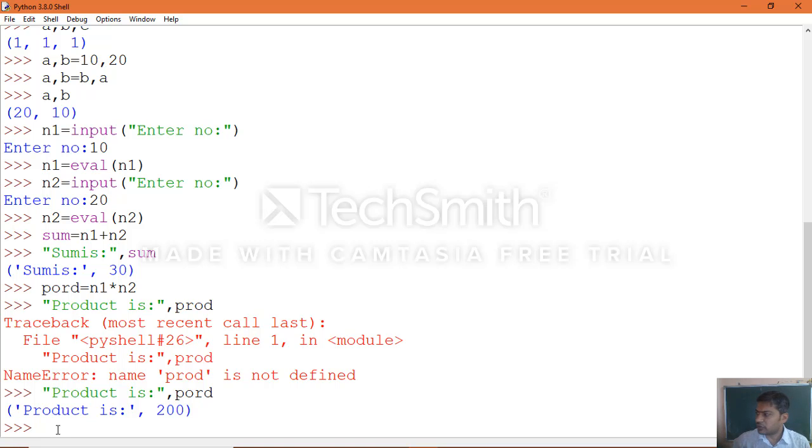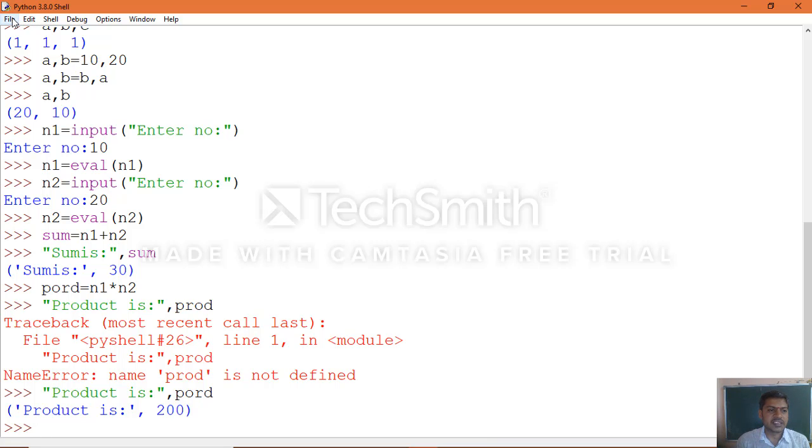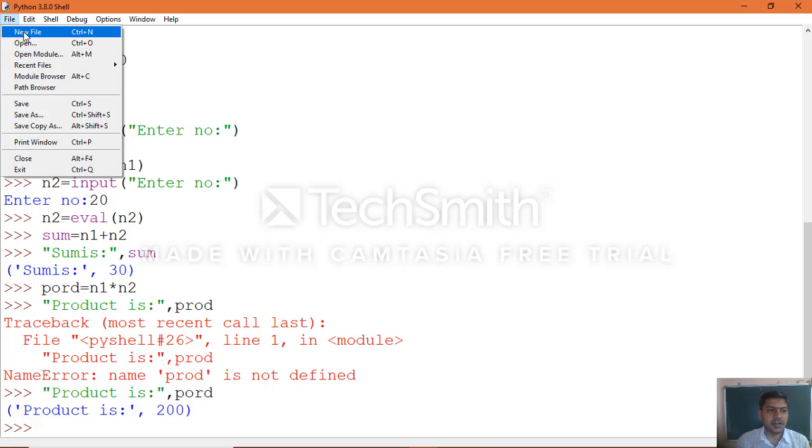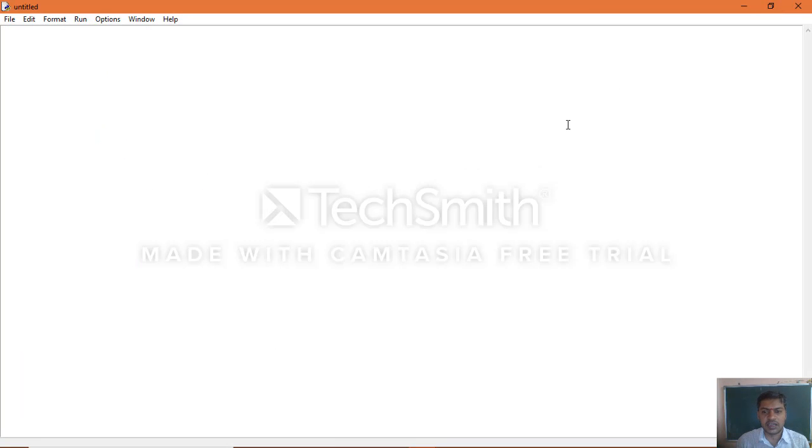Now we know how we can execute through interactive mode. The same thing goes for execution in script mode. Script mode we also already know how to execute, but we will still see the examples which we learned here.